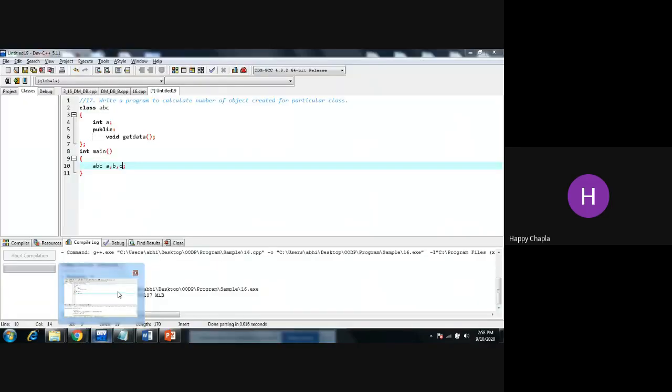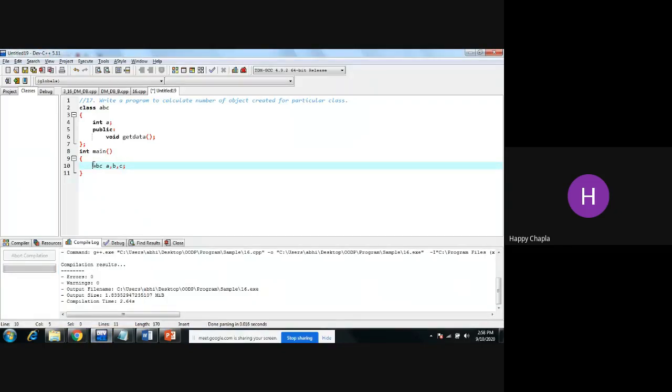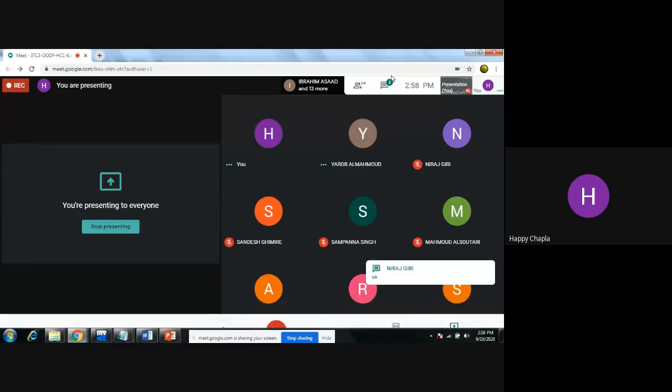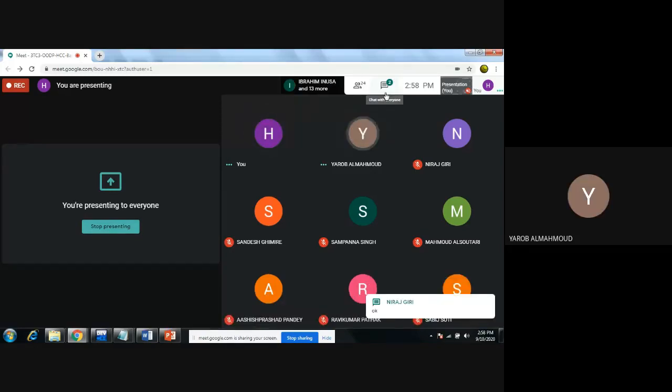Try to implement it and let me know what it will return. What is the answer? Can you use that size of with that object in class? Yes, or in case you have defined a parameterized or copy constructor also.